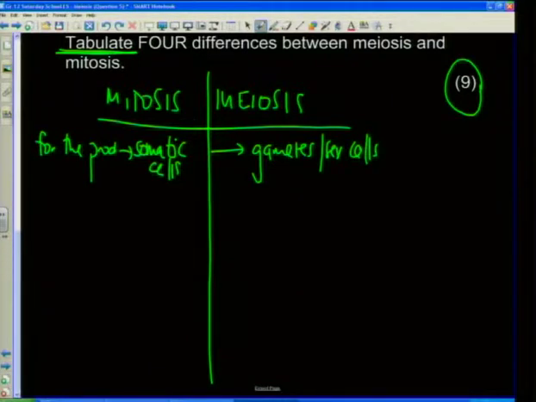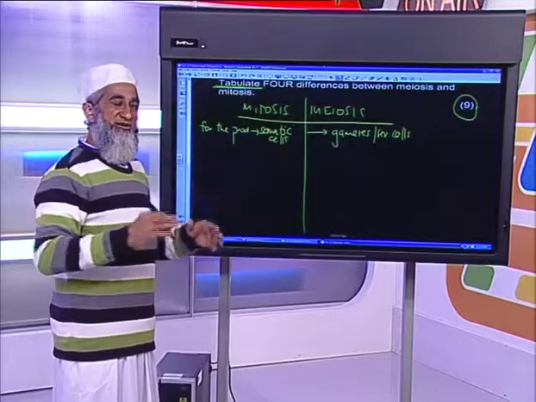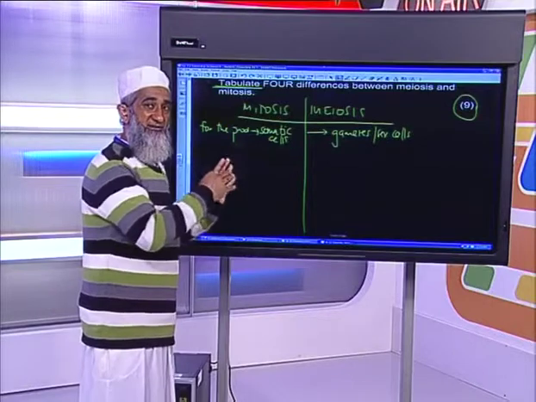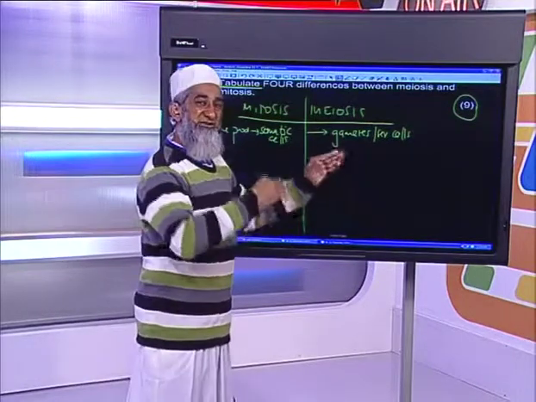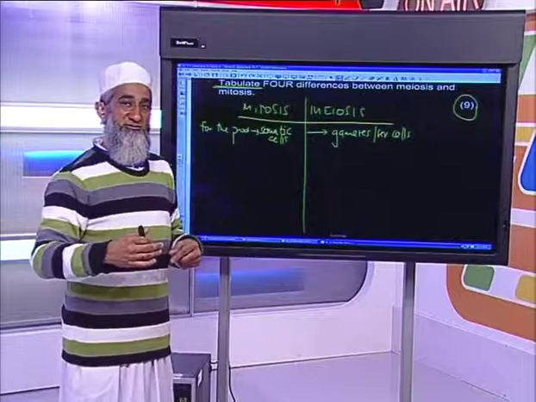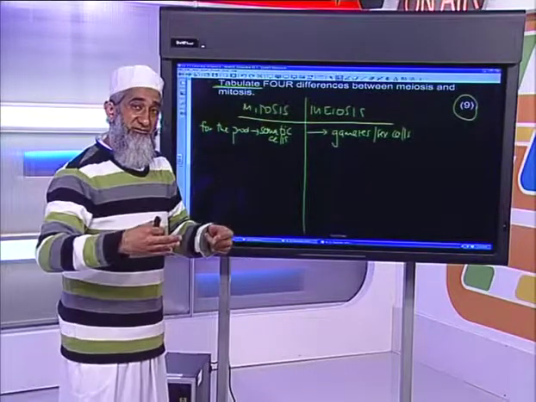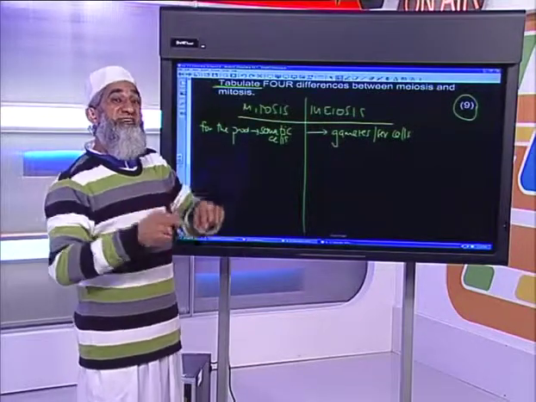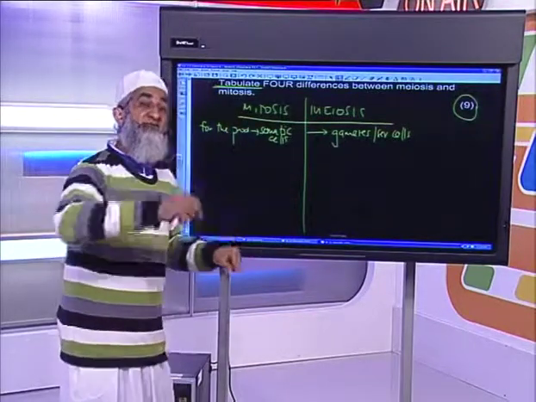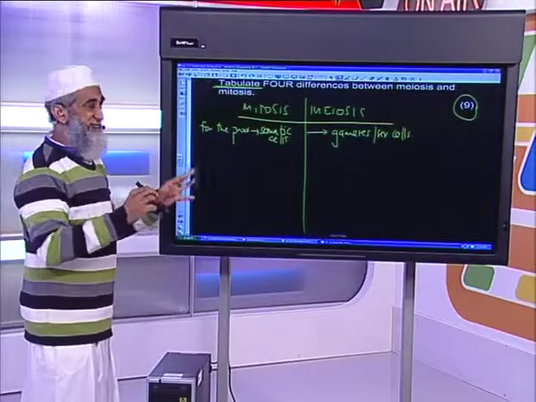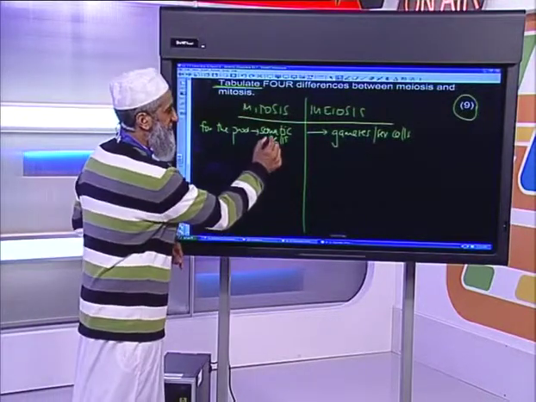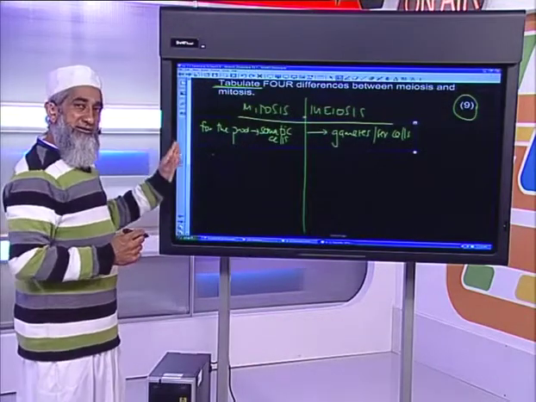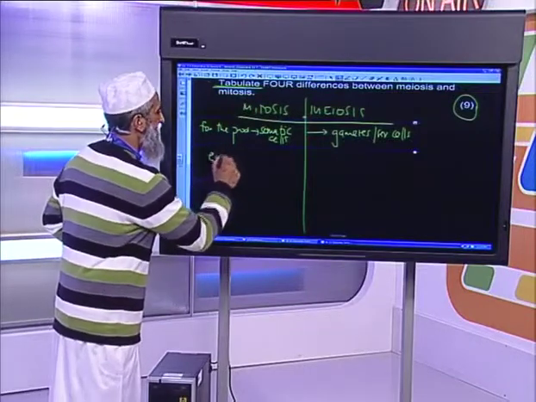Please understand, lots of textbooks and learners say that mitosis takes place in somatic cells, which is correct. That's fine. And then they go on to say that meiosis takes place in sex cells. That is incorrect. Meiosis does not take place in the sex cell. The result of meiosis is a sex cell. So meiosis actually takes place in the sex organs for the production of sex cells. Okay? That's the difference. That is why we've highlighted here for the production of somatic cells and for the production of sex cells there.